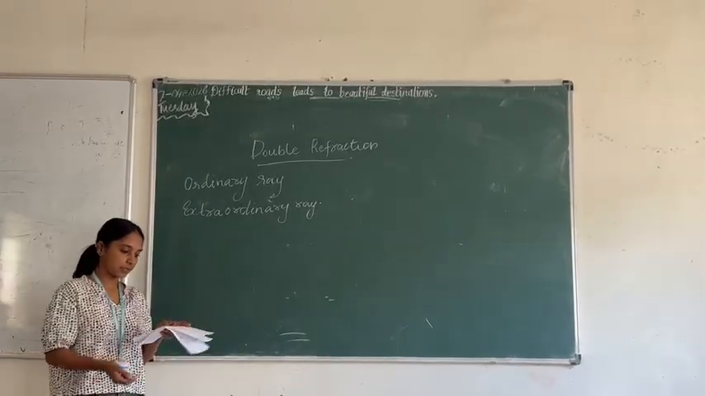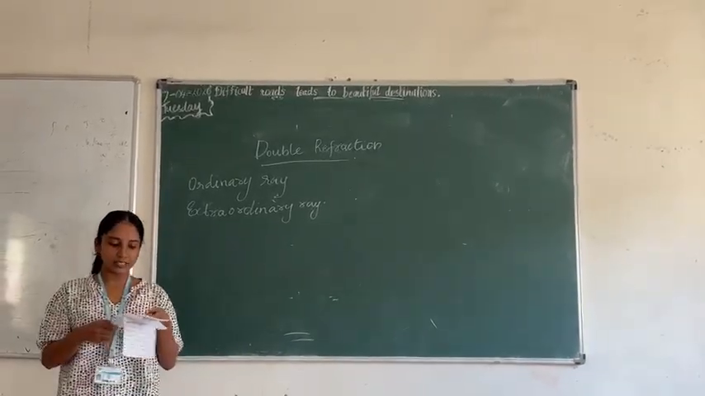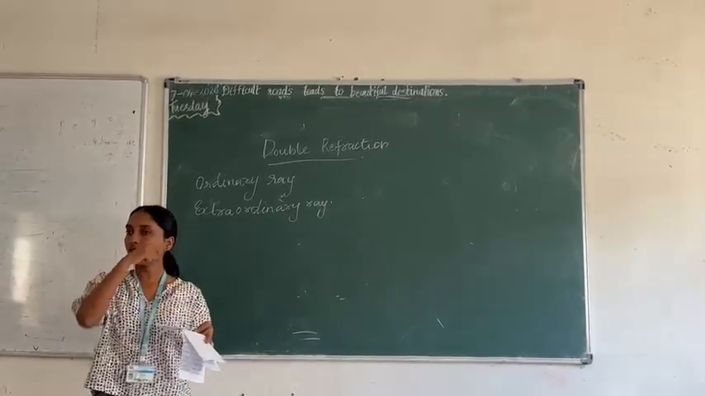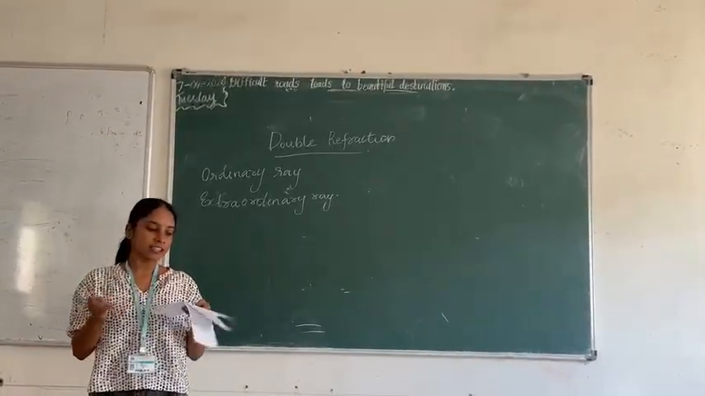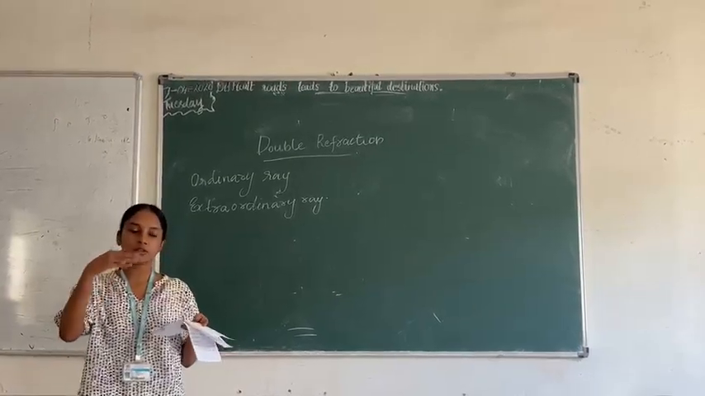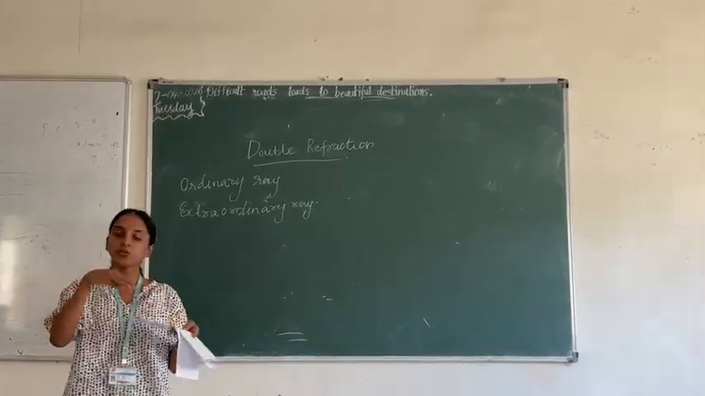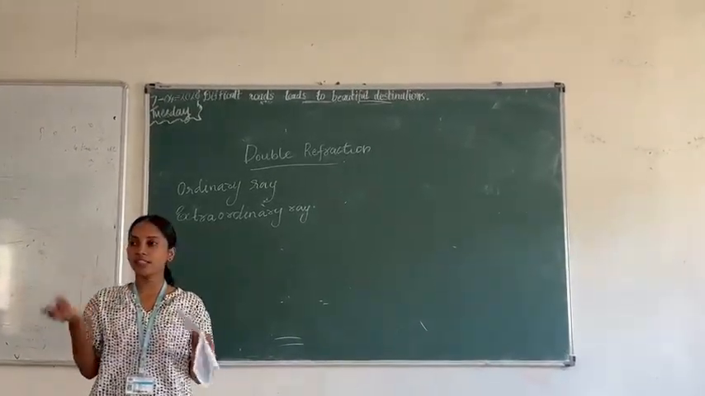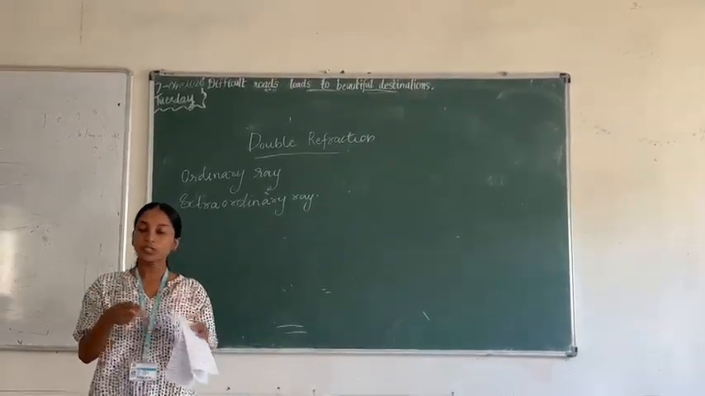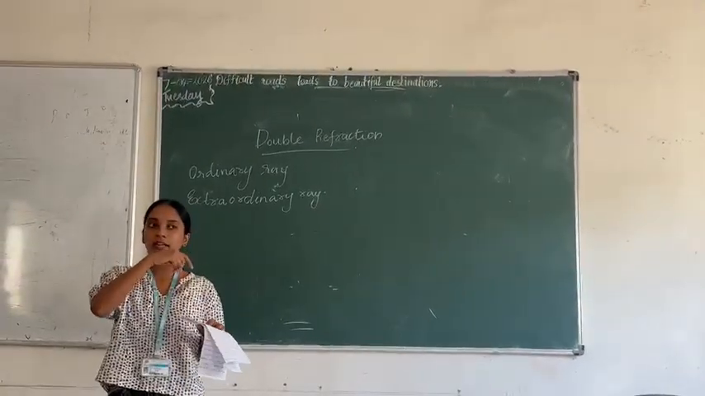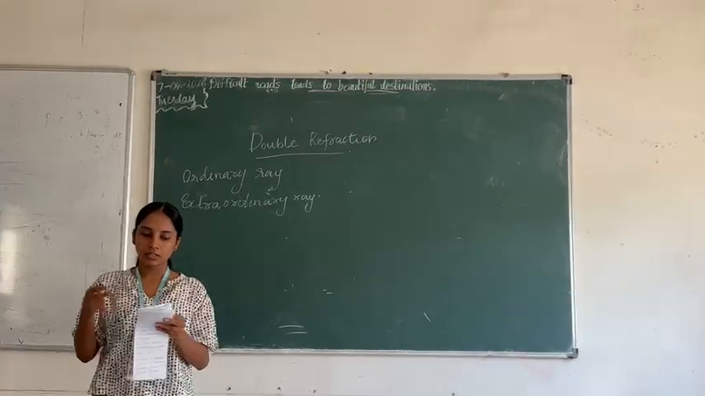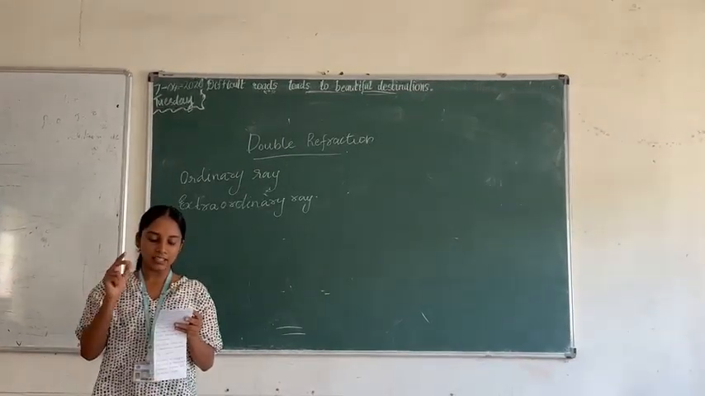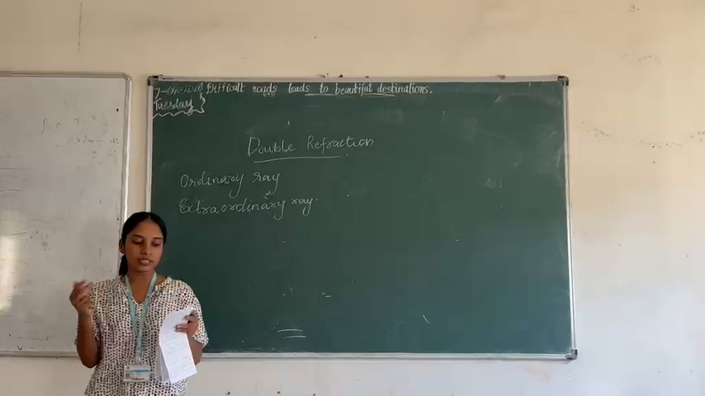This is Huygens' principle. According to Christian Huygens, every point on a wavefront acts as a source of secondary wavelets. Secondary wavelets means that it is a small source of waves, and the new wavefront is the envelope of these wavelets. Using this principle, Huygens explained double refraction by assuming that in anisotropic crystals, light travels with different velocities